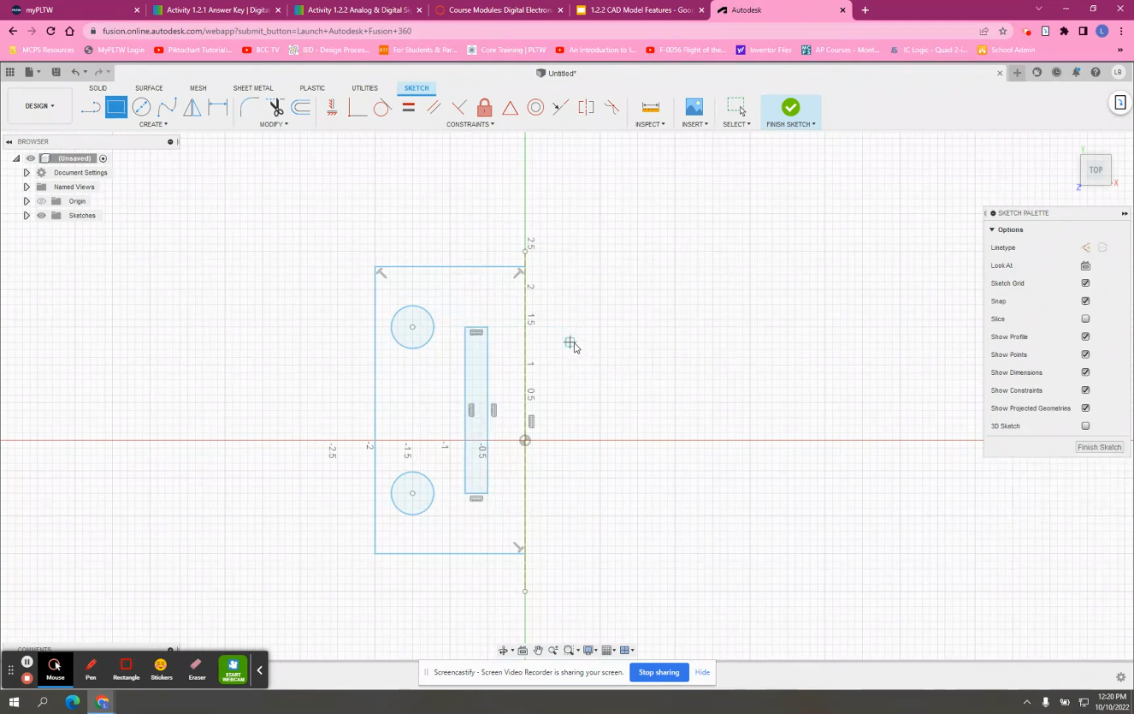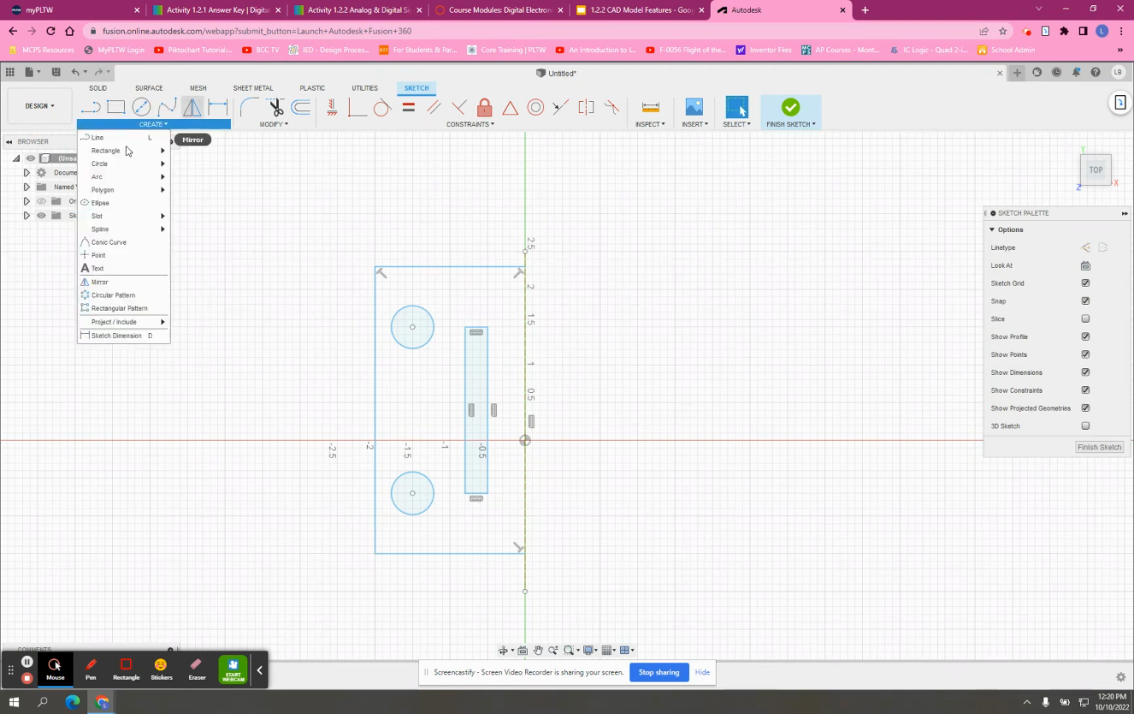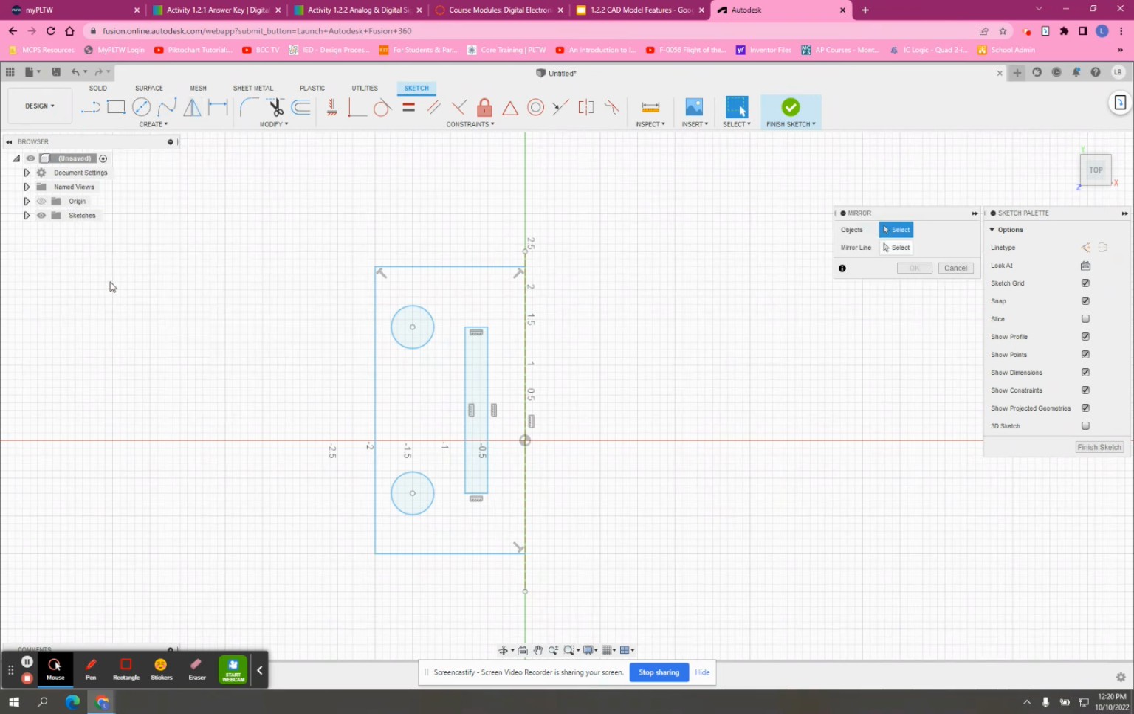Okay. So now that I've drawn this, I'm going to go under create and find the mirror tool. If you have the triangle icon up here, it's the same thing, but I'm going to go ahead and hit mirror. Okay. And it wants me to select the objects. Now I have to be careful because I need to select all of these objects in order for it to